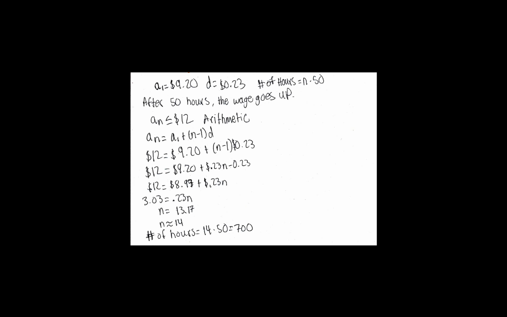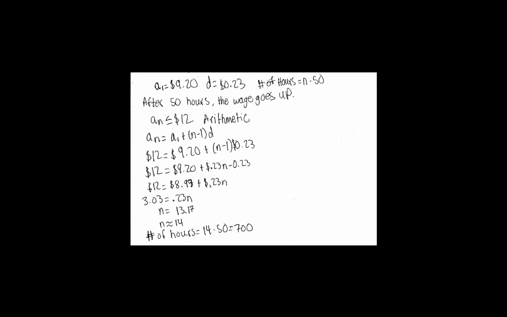To find the number of hours, we need to find n and multiply it by 50. We set up our formula with what we know, which is 12 equals 9.2 plus (n minus 1) times 0.23. You distribute the 0.23 and subtract 0.23 from 9.20, and we have 12 equals 8.97 plus 0.23n. Subtract 8.97 from both sides, and it should equal 3.03, and then you divide 3.03 by 0.23, and n should equal